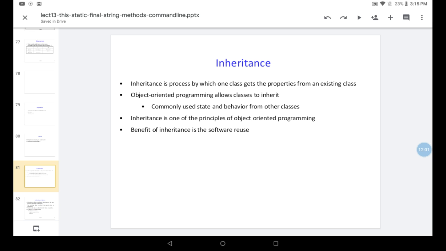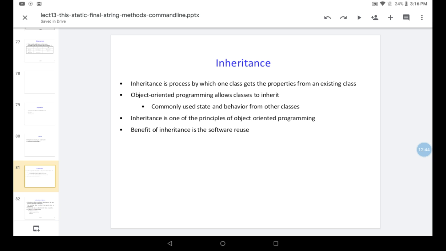Object-oriented programming allows classes to inherit commonly used state and behavior from other classes. The purpose of inheritance is that if certain properties or methods are the same among certain classes, we inherit them from other classes rather than creating the same properties and methods again.